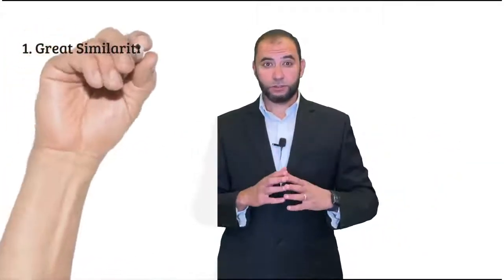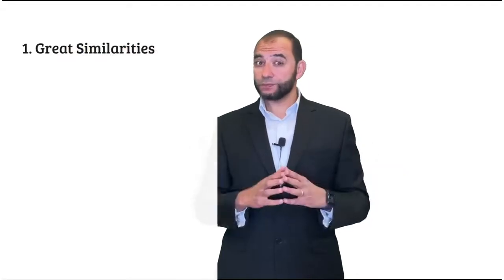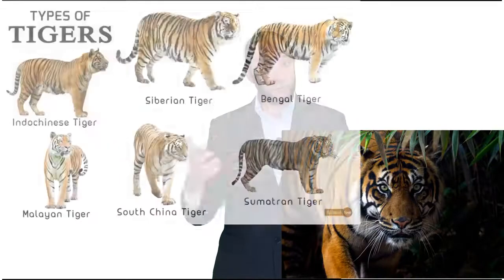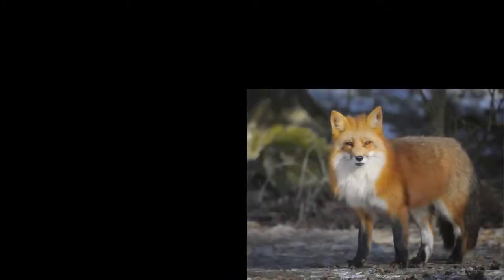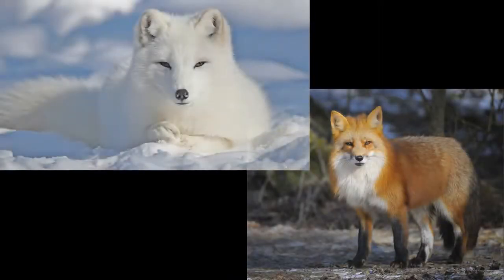So let's start by looking at the observations that we have related to living creatures. Number one, living creatures have great similarities to each other. Birds look like birds. Tigers, there are many different kinds of tigers, but they are tigers. They look like each other. Fish have great similarity to each other, etc. But we notice something else, that those different creatures that have great similarities also have variations, for example, according to where they are. And we notice that this variation makes that creature very fit to its environment, very fit to its habitat.